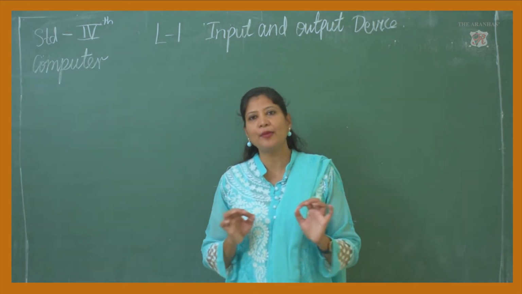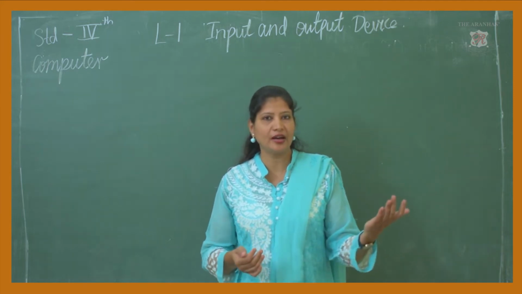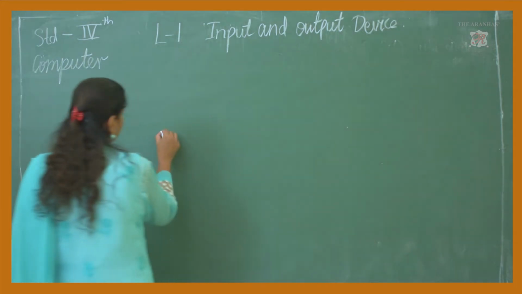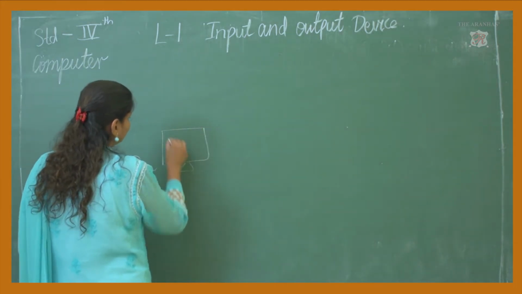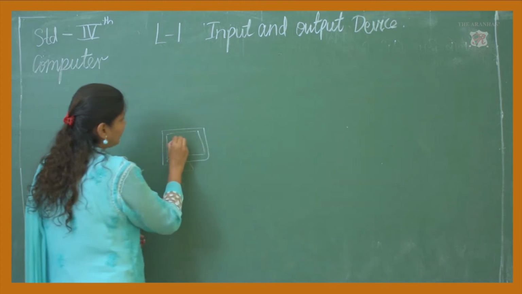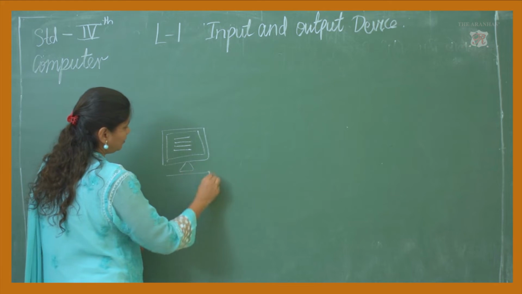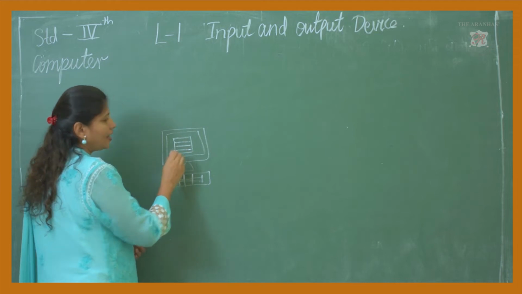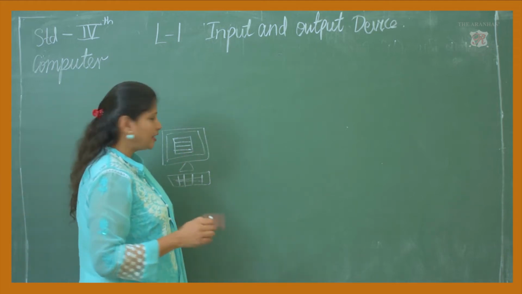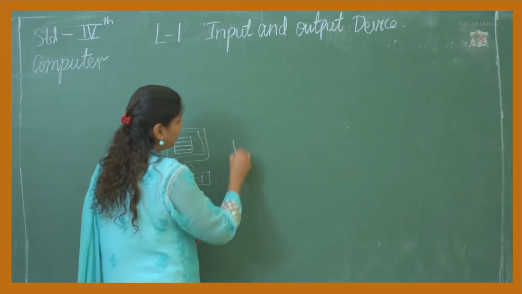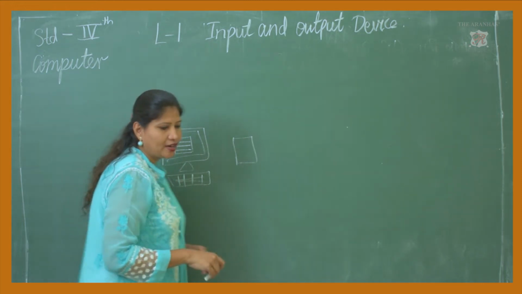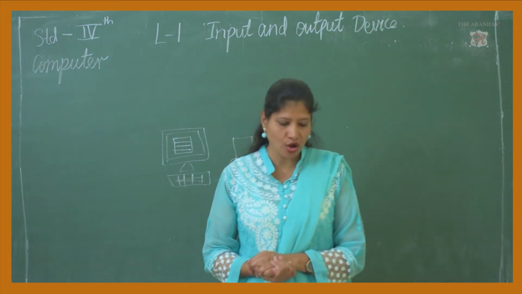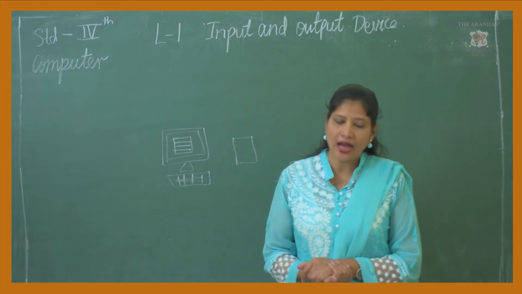So we have to give a command to the computer that we have to take a printout of something. For example, I'll show you. Now see, on the monitor I have typed something with the help of the keyboard. One letter I have typed. In the computer it is a soft copy, but when we take a printout, that is a hard copy. So the output on the monitor is known as soft copy, and on the paper is known as a hard copy.